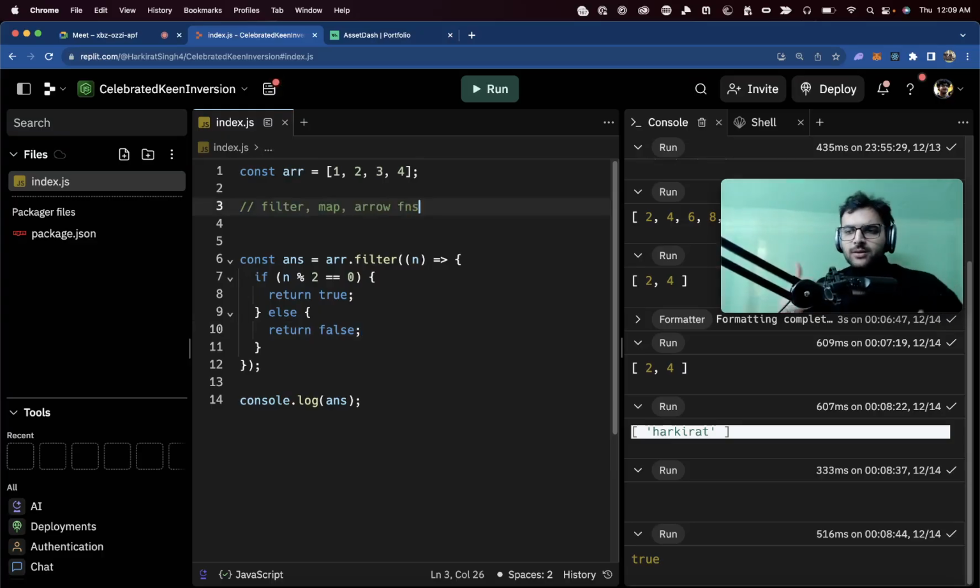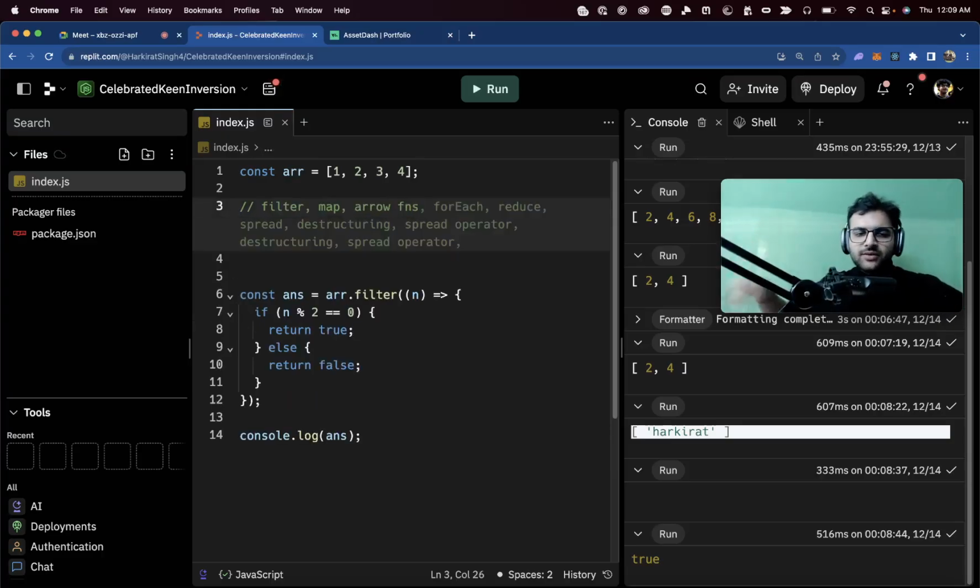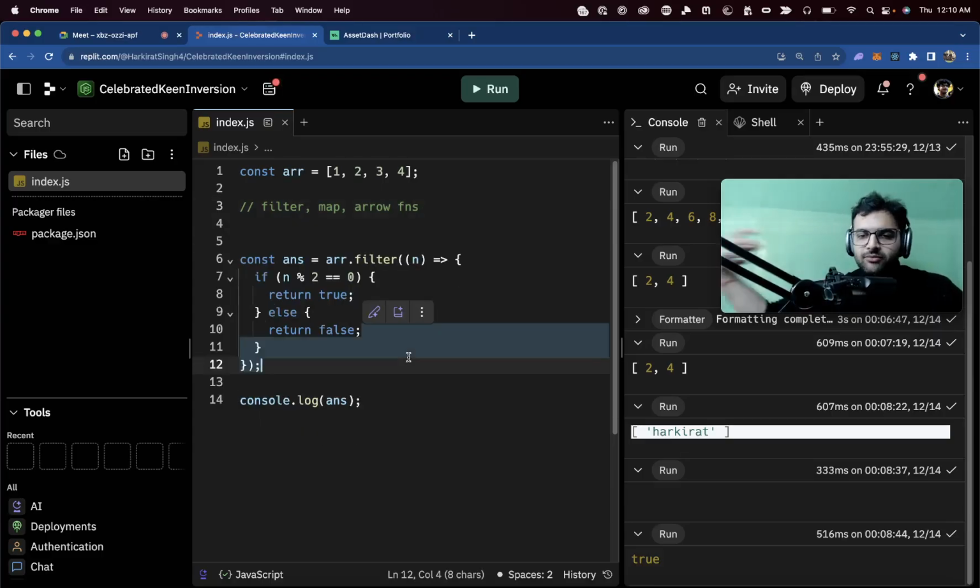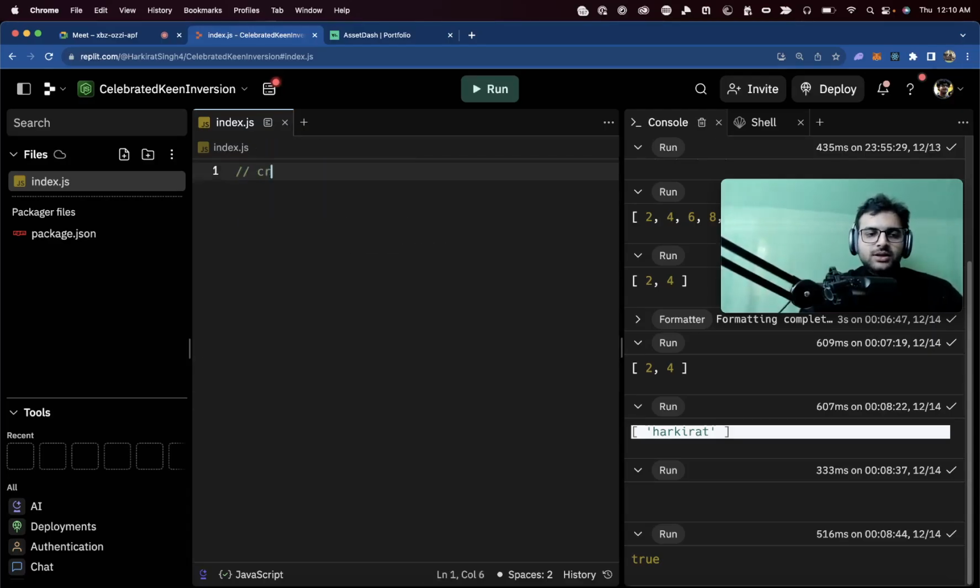Great starting point. There are more such functions. These are the important ones. As you can see, there are so many it shows: reduce, forEach, spread, not needed for the longest time, if at all. Map is very necessary. Filter also you can ignore, but for map, make sure you're comfortable with the syntax, understand how it works. If you want to, the assignment was create a map function that takes an array and